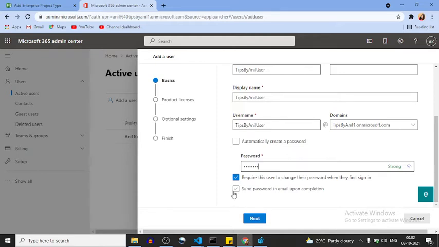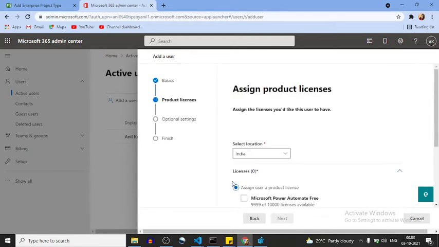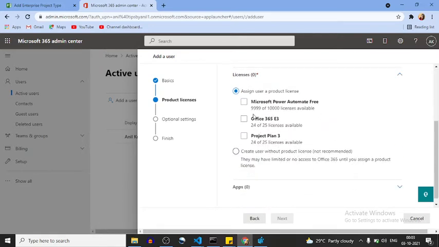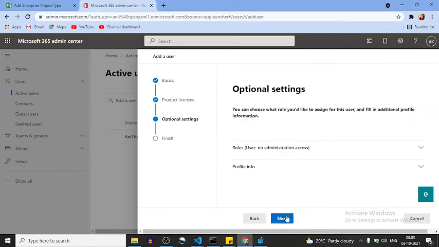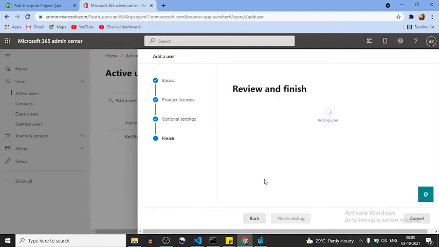No, I don't want it. Click on next. I won't assign the license. I can assign these licenses also, but I'll create the user without a product license. Click on next. Finish.